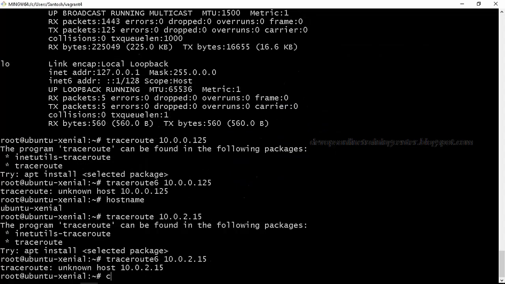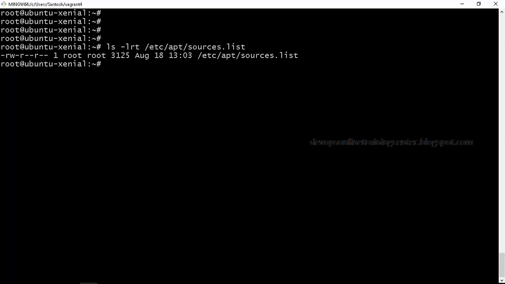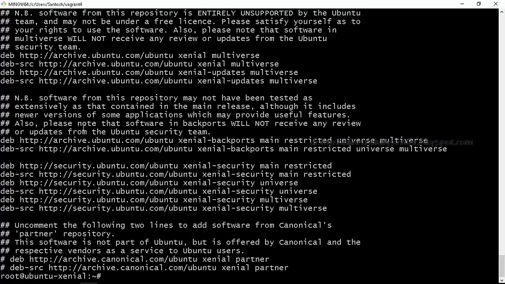If I go here, this is an Ubuntu machine, and if you look at /etc/apt/sources.list, there is a file, and if you open it, these are the sites from where it downloads, right?